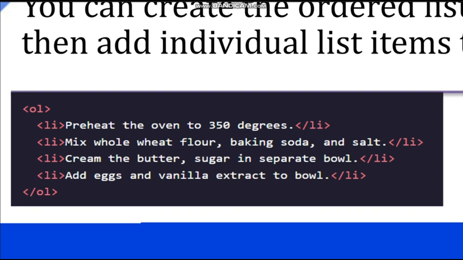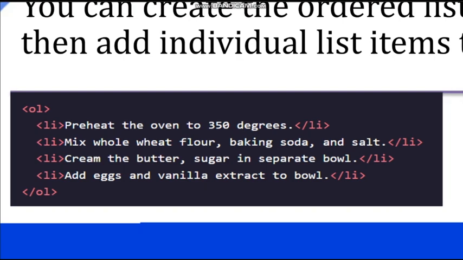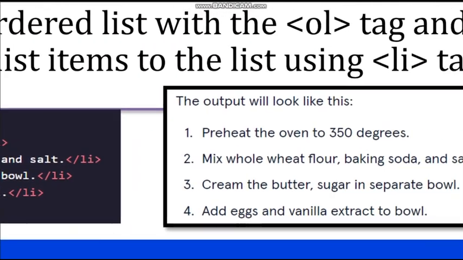So, katulad nito, nagkikreate tayo ng list on how to create pancake, no? So, ito yung step-by-step process niya. Then, if you're creating content with a process, mas maganda kung i-represent mo yon sa web browser using an ordered list element. So, once we run this kind of ordered list in our browser, the output will look like